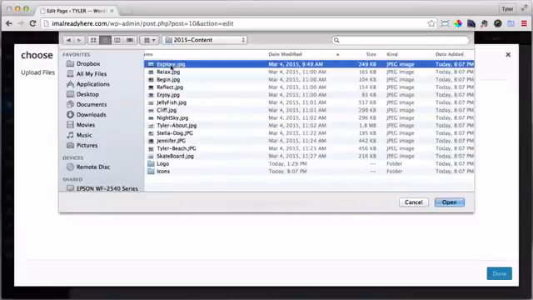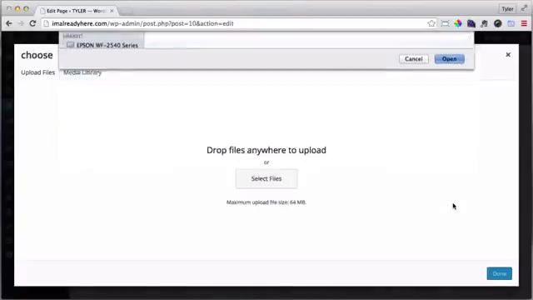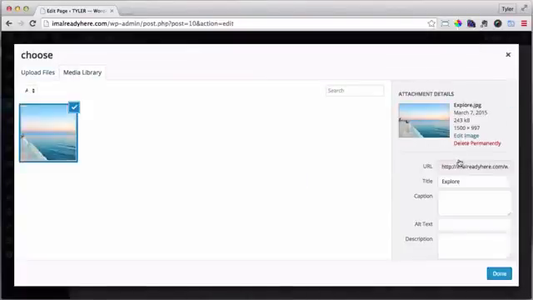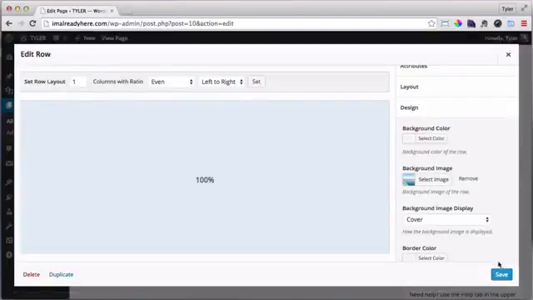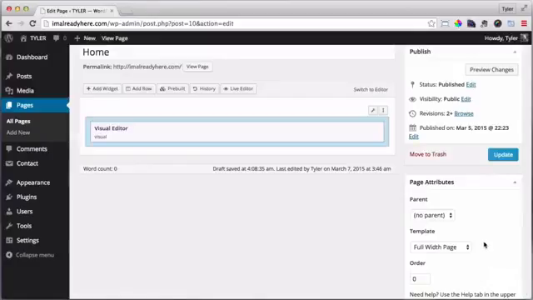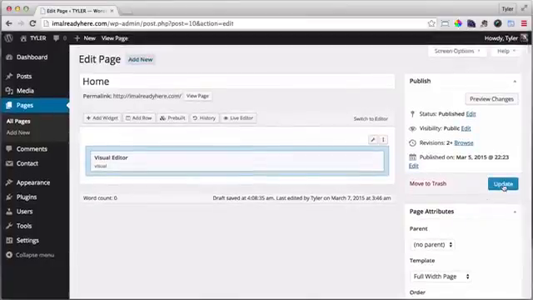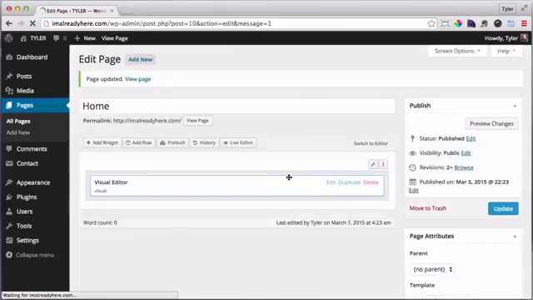And we're going to upload the explore.jpg and press open, wait for it to upload, and press done. Then we're going to press save, and we're going to press update. So now we should have a beautiful background on our home page, but if we view the page, we're not going to see it. So I'm going to click view page,